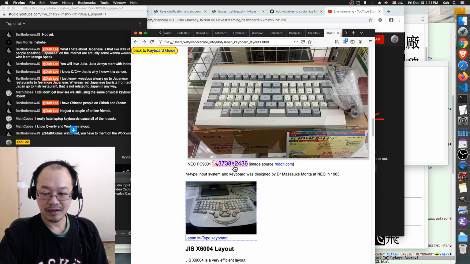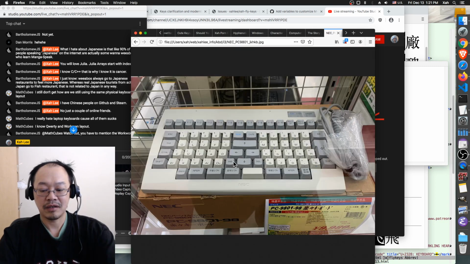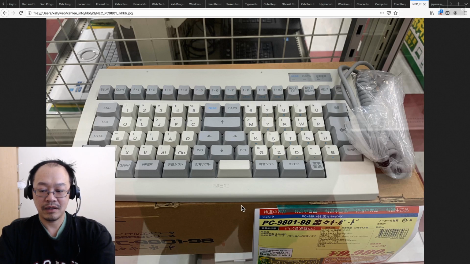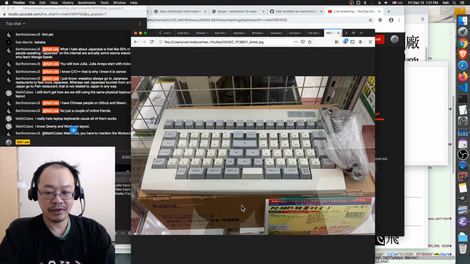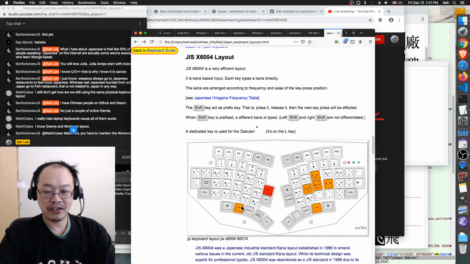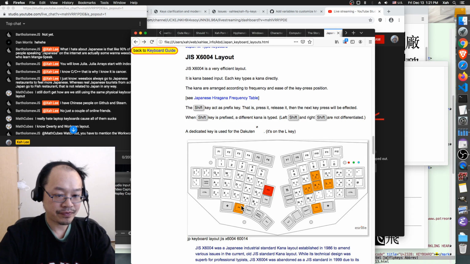EUIAO. Okay, let's look at this giant picture for a minute. Okay, so that's M type. Then the next thing is JIS X6004 layout. Now this system,